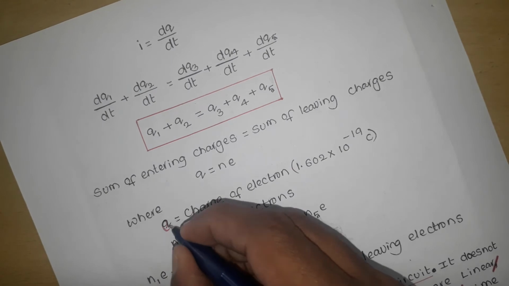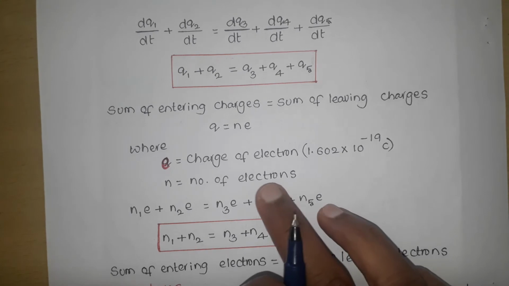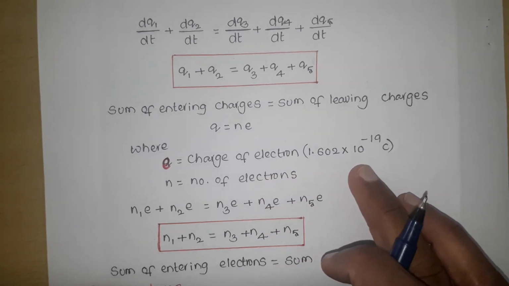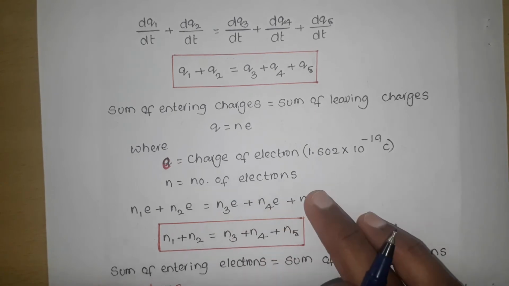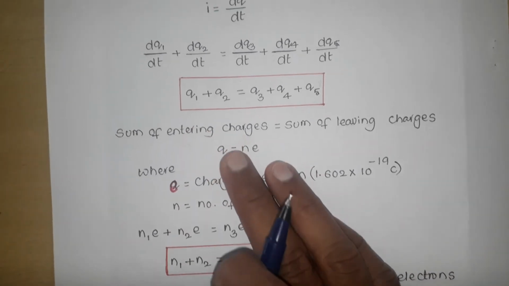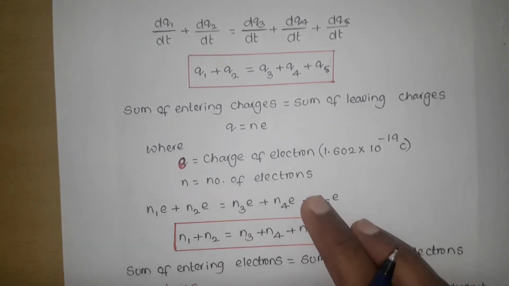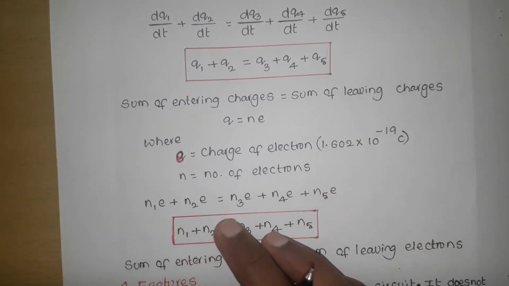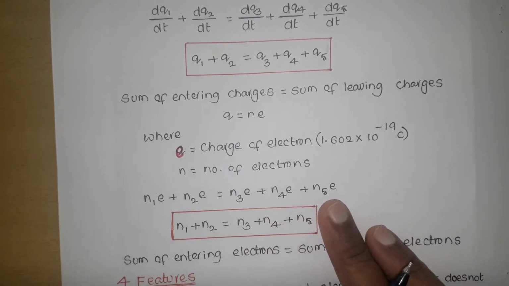So E is equal to the charge of an electron, which is 1.602 × 10^-19 coulombs. N is the number of electrons. If we write these charges in terms of N and E, N1E plus N2E equals N3E plus N4E plus N5E. Taking E as common